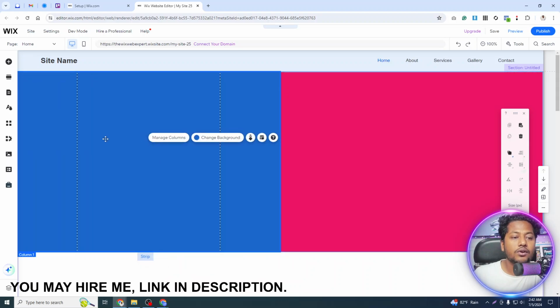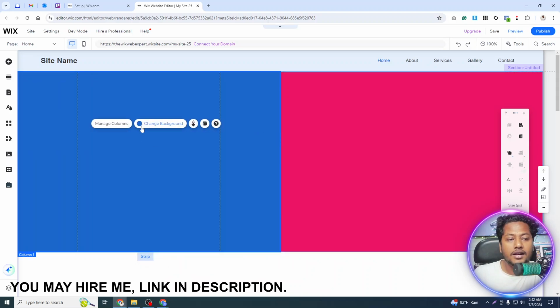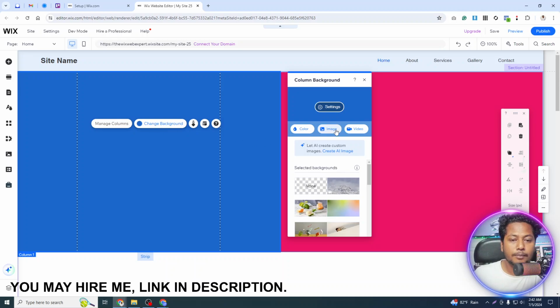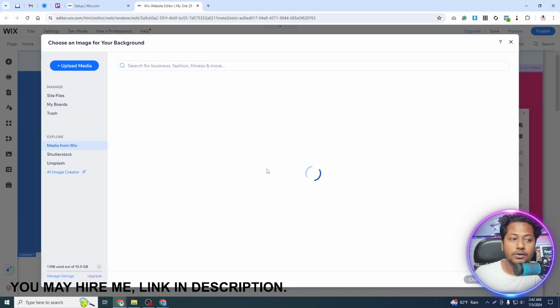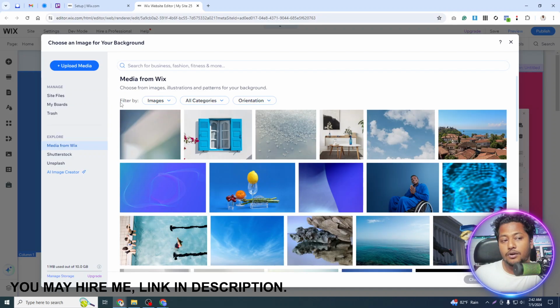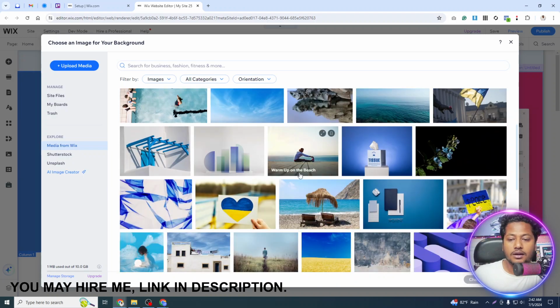So now I don't want this color on it, I want to put a picture on it. So let me just click the image from here. When I click image, it will give us the option to upload media from our computer, or we can use one of them. Let me use this one,